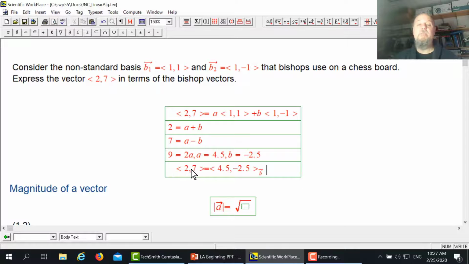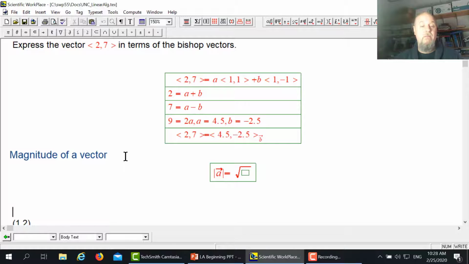Whereas the 7 and the 2 means 7 vectors of 1, 0. The 2 means 2 vectors of 1, 0. And the 7 means 7 vectors of 0, 1. We'll mostly stay in the standard basis right now, but just be aware that such other things exist. The last thing we're going to talk about then is the